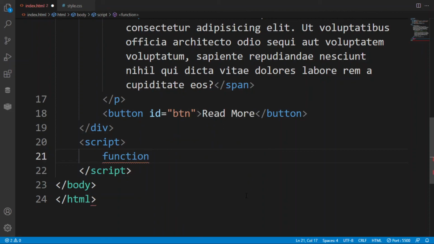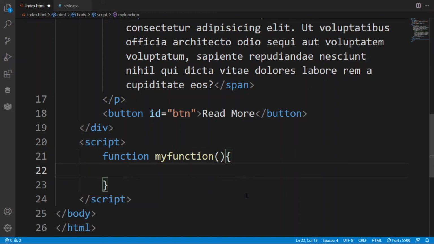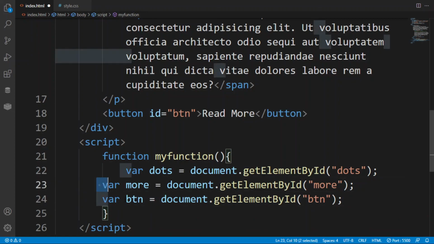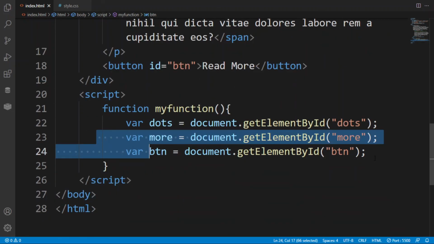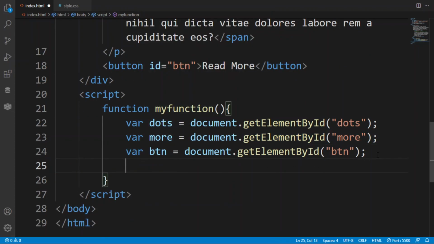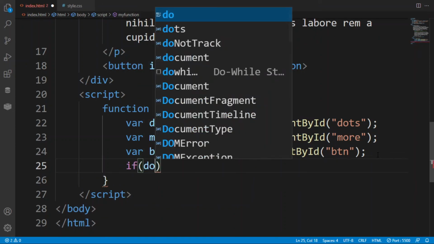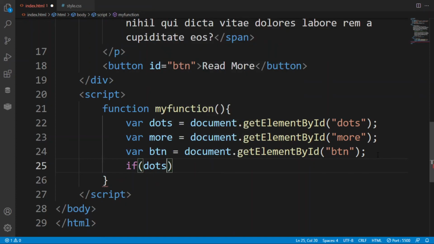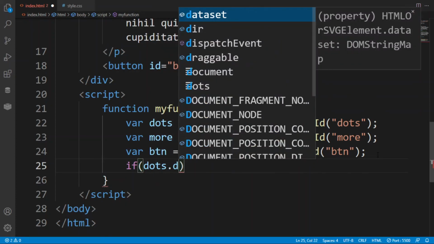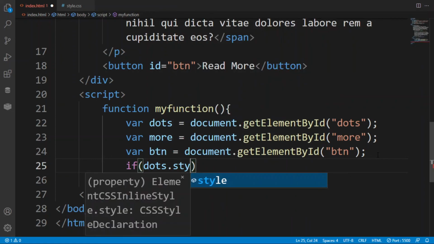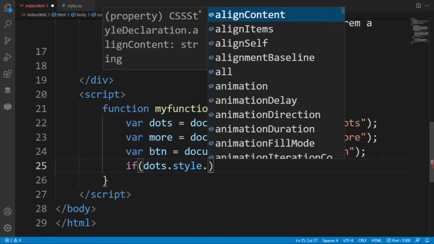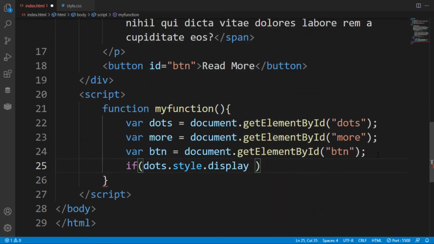So here I am creating a function. As you can see, I have created a function with the name myFunction. Here in this, I have to create these three variables that I have created using getElementById. Here in this, the most important is the if condition. Here if dots, I'm selecting the display, so before it I want to use style.display is equal to